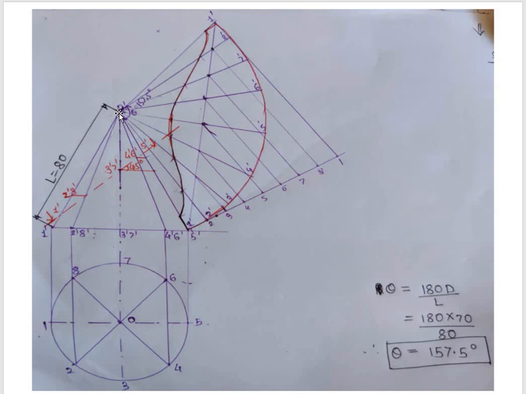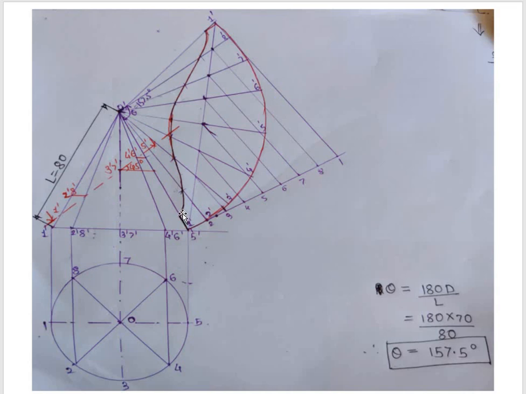And again measure O dash 2 dash, from this only, because this is the true length. Already we have transferred 2 dash 3 dash up to the true length. So take the distance O dash 2 dash in the compass and again mark from O dash 2 dash, again O dash 8 dash, again O dash 3 dash, up to this. From this you have to take the distance from the true length. Likewise O dash 3 dash, O dash 7 dash, and after that